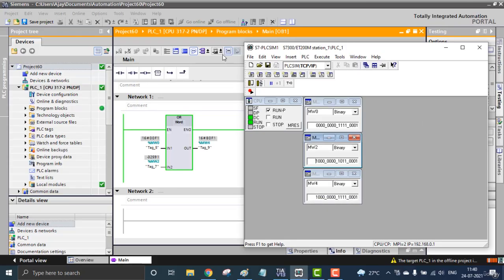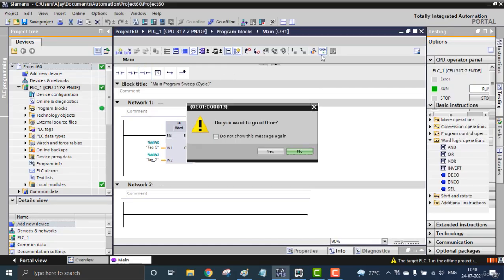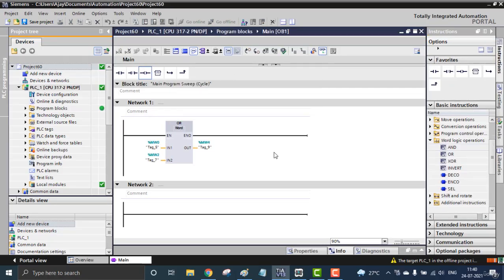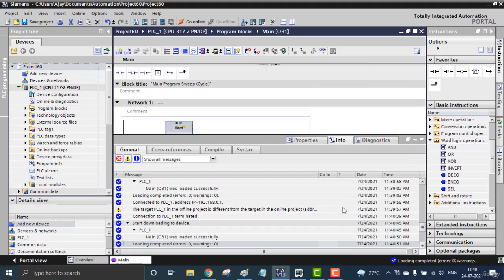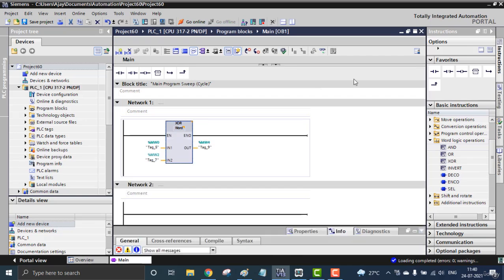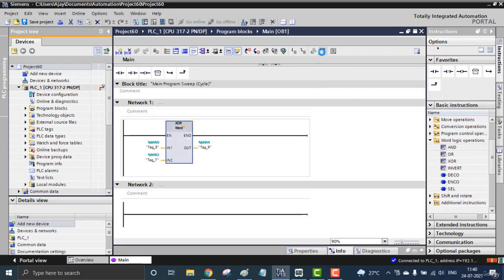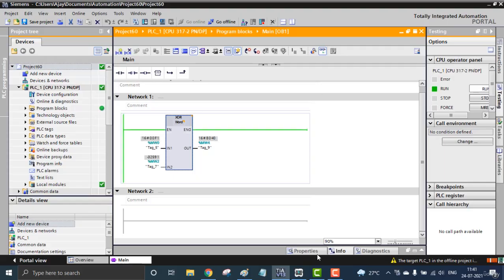That's it. So we can go for the last one, that will be the XOR gate. XOR means exclusive OR. Exclusive OR means if there comes a different input, we get the output. That means 1 and 0 we get the output, 0 and 1 we get the output. At 1 and 1 or 0 and 0 we are not getting the output.